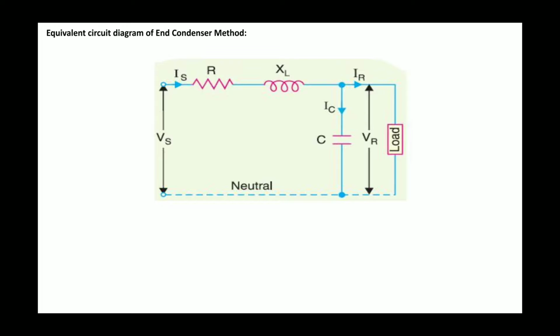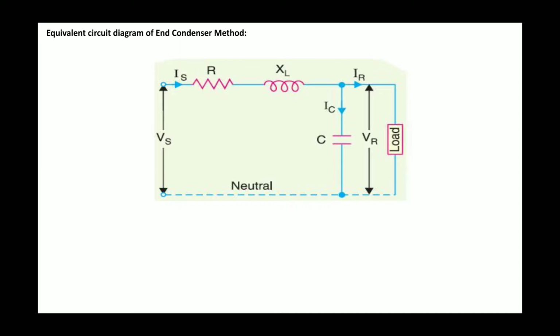The name of topic number 2, unit number 2, is transmission line parameters and performance. In this topic, we learn the parameters of the transmission line, then the concept of the R, L and C parameters, then the types of transmission line, such as short transmission line, medium transmission line, long transmission line, then the performance of the short transmission line. Then we calculate the regulation and efficiency of the short transmission line. Then we also start the performance of the medium transmission line.